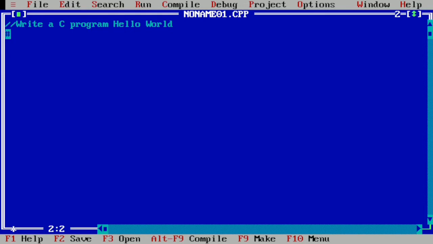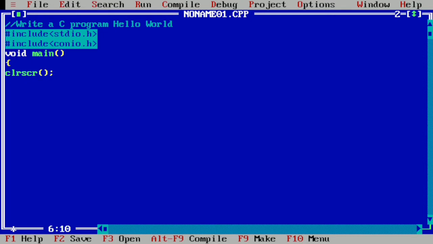Now let us begin with the preprocessor directives: hash include stdio.h, hash include conio.h, void main, curly open brace, and here we are going to write clrscr in order to clear the screen, and put a semicolon and press enter.